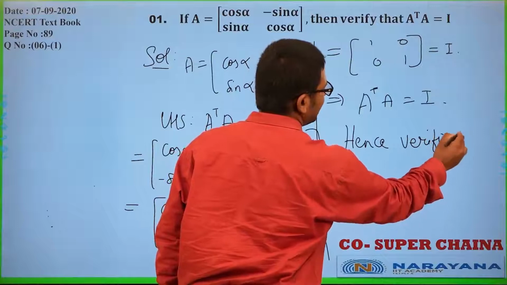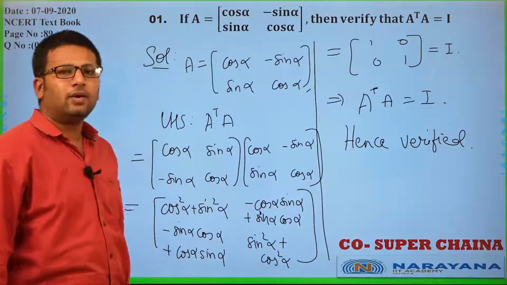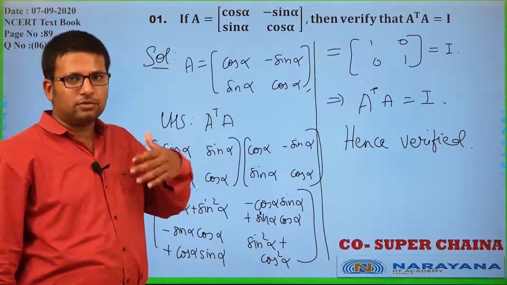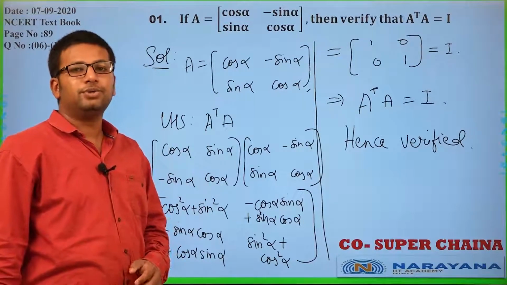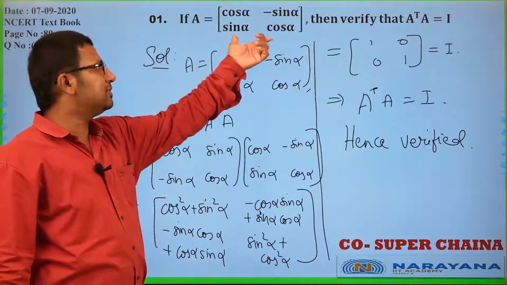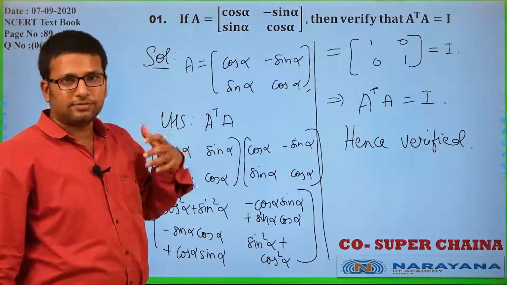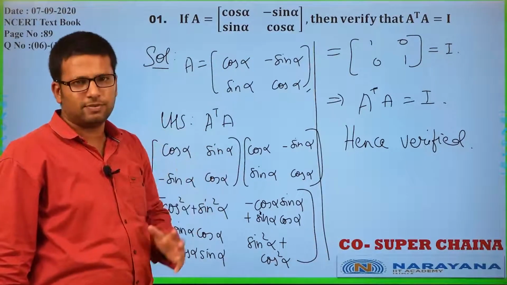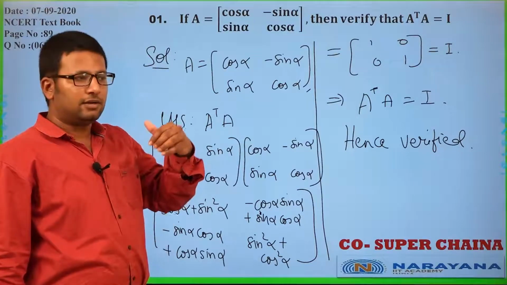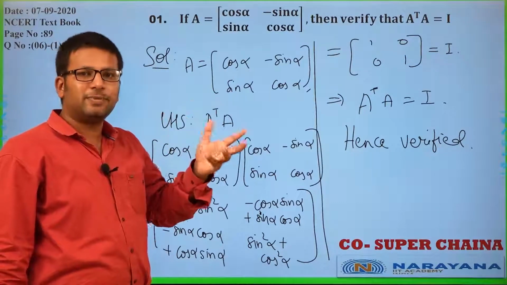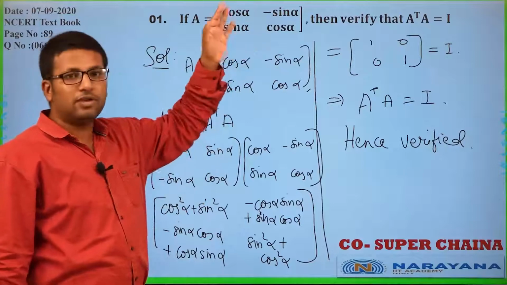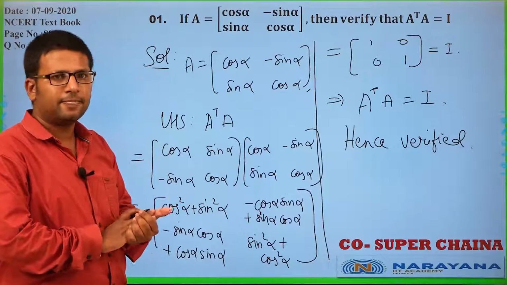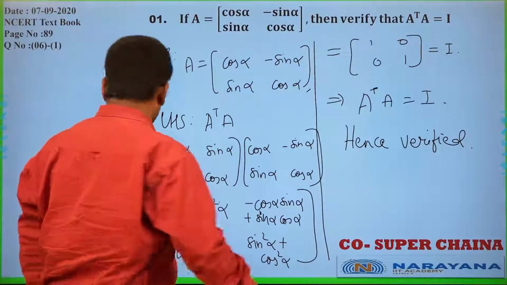The question simply is a verification question. Now I would suggest that for the sake of your other exams, objective exams, you should be comfortable remembering that this is actually an orthogonal matrix. Whether the minus is here or here, it is orthogonal. It is very useful, this matrix. Later when you study other properties of matrices, you will realize that this is its own inverse also. All of these things are very interesting. Okay, let us proceed then.